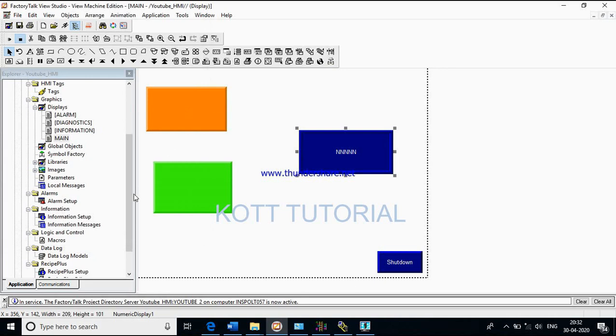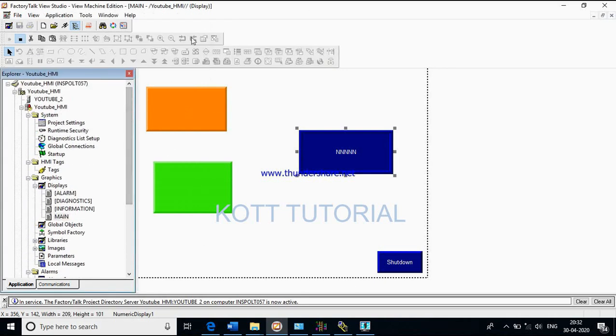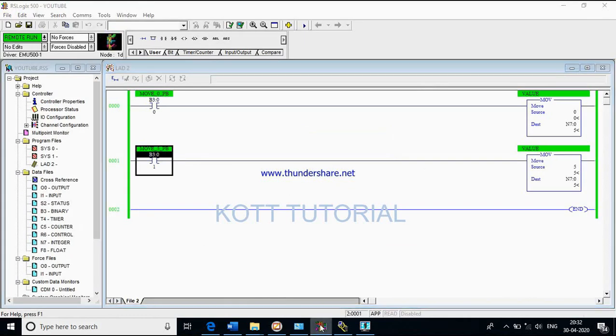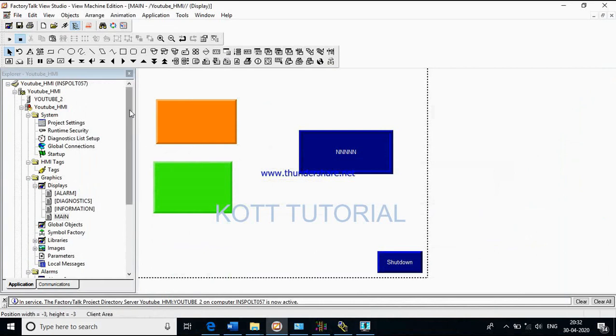OK. Now we have created our HMI screen, with two push buttons also. Now click save.